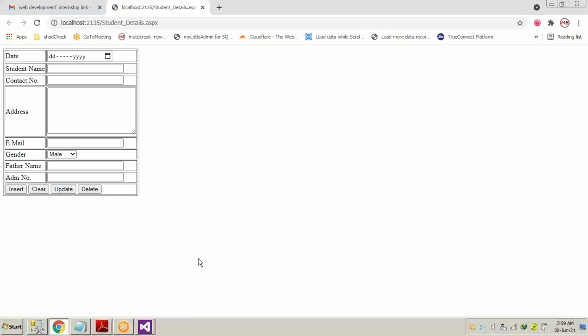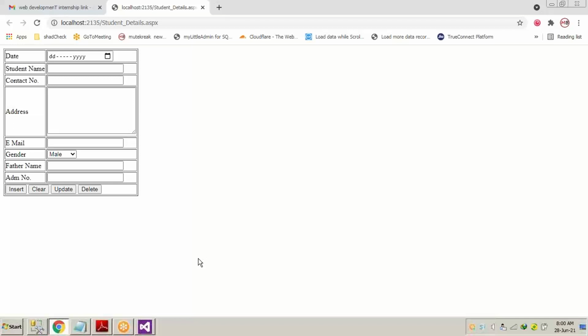Because the grid coding, the connection of the grid with the table, we have written in the insert button. We haven't written that code inside the form load event. We want that whenever the form opens, the existing records in our student detail table appear right over here automatically.